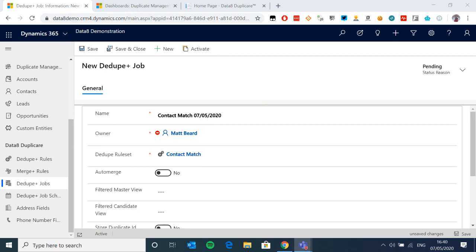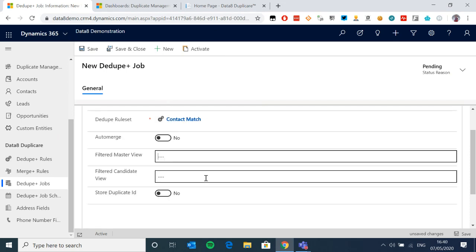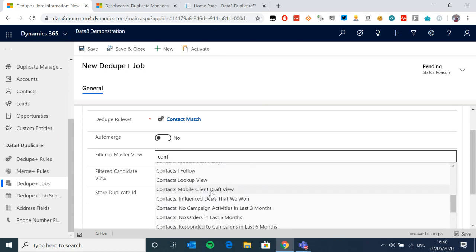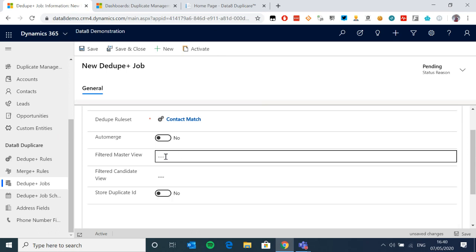A good example of that is, because this is a view. So this is a saved user view or a system view. So I can do active contacts. You can see I've got all sorts of contacts there. This is all my saved views. So what you could have is a view that is leads made in the last 7 days. What I want to do is find any matching lead across all of my open leads from any of my leads in the last 7 days. So this is how to make it efficient.